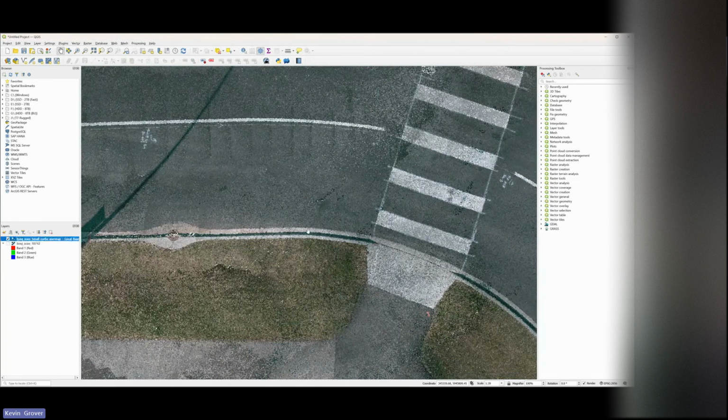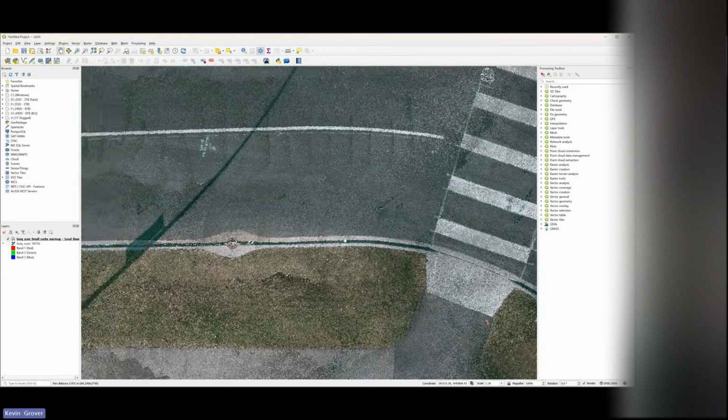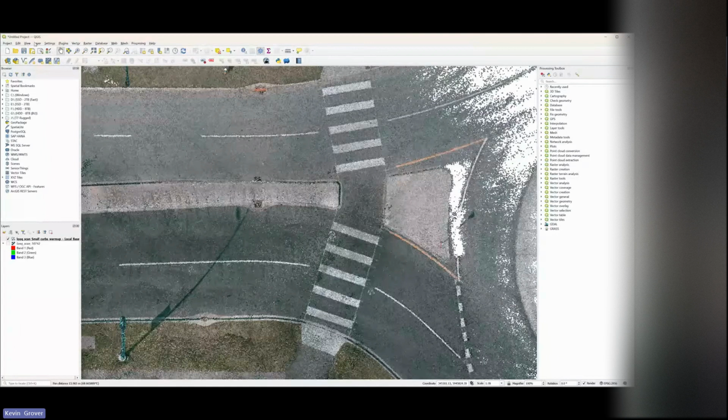I'll turn my ortho image off. So now I've actually got my point cloud in this viewer. If I go in and go to View and a new 3D map view, this will allow me